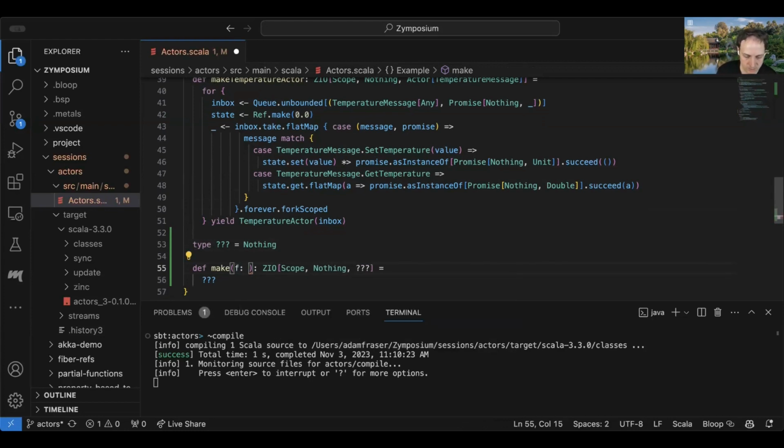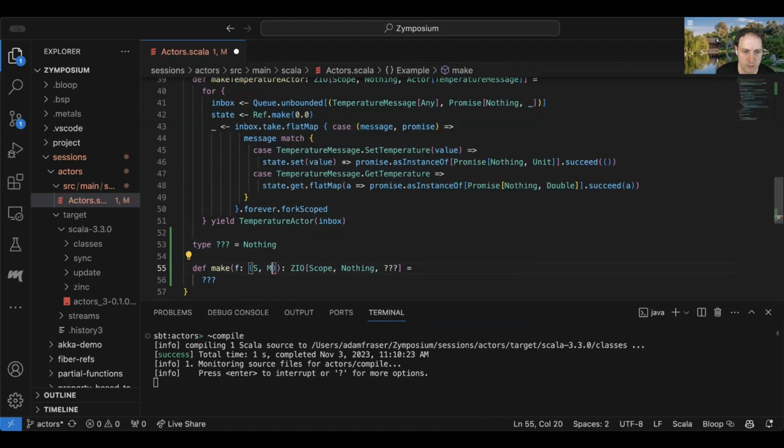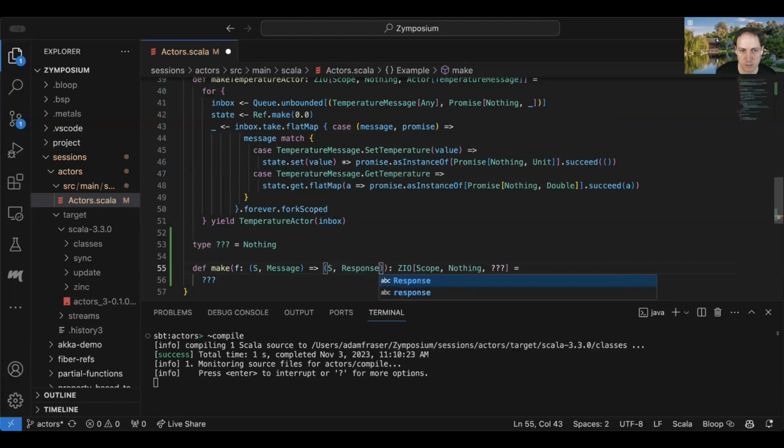So it sounds like we have something like, this is not going to quite compile yet, but let's just write it out. So this really looks like something from S and message to S and response, right?